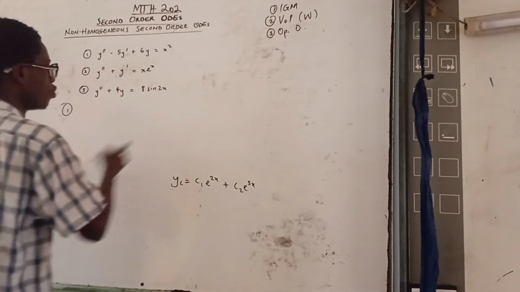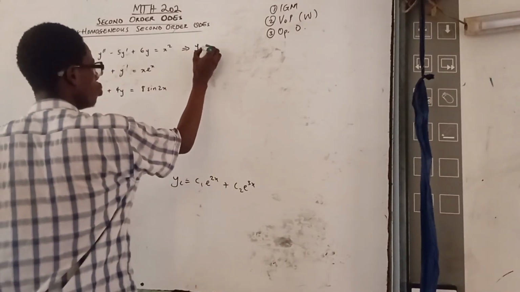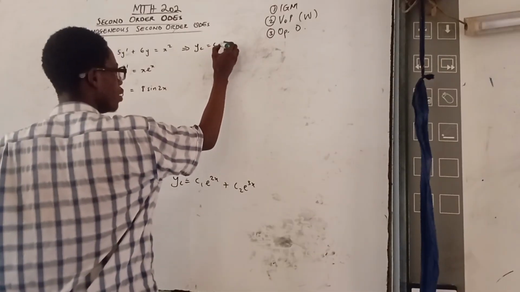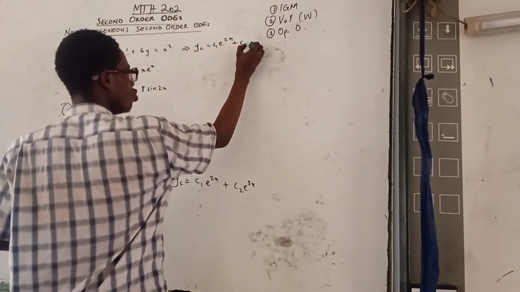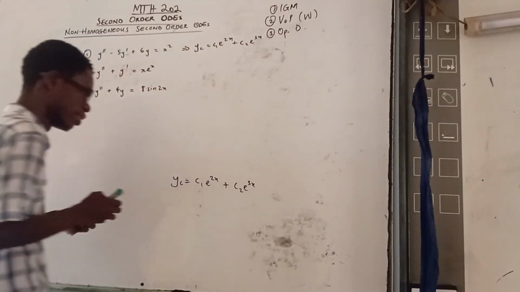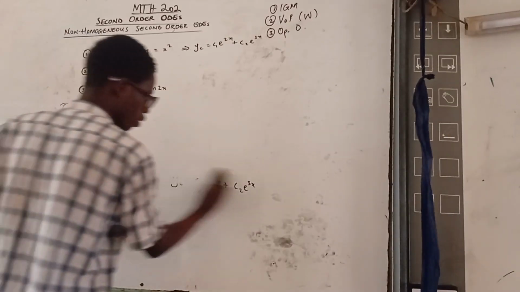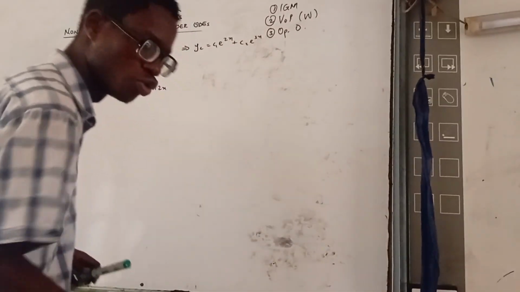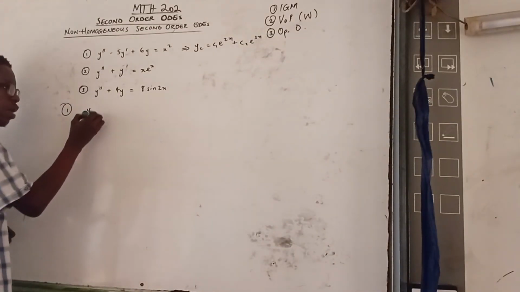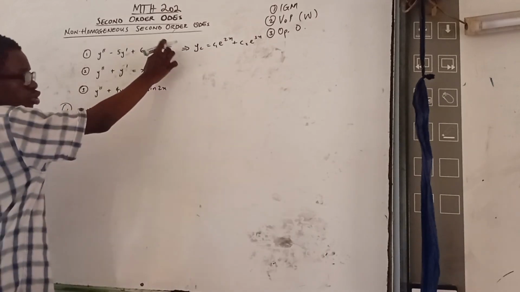So I can write it in front of it. Complementary solution equals what? C1 e raised to power 2x plus C2 e raised to power 3x. Now, to find our y particular, let's say our y particular equals, using our guess method, this is